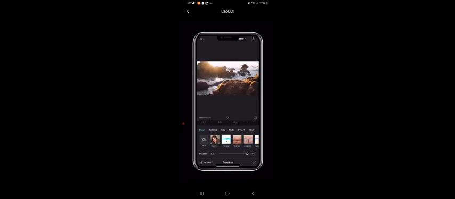If you want to remove the transition, just tap the None button on the far left. To add the same transition to all the clips, tap up